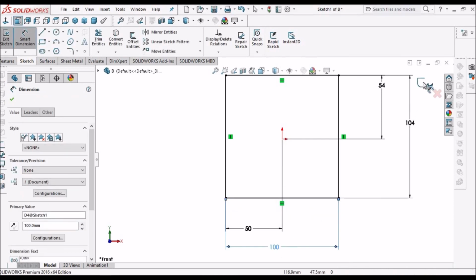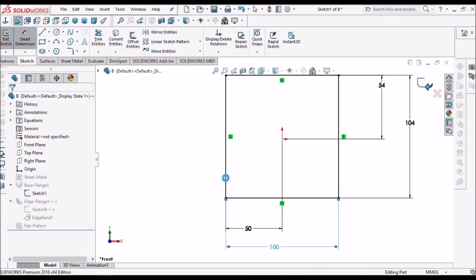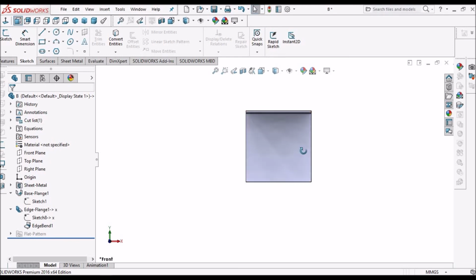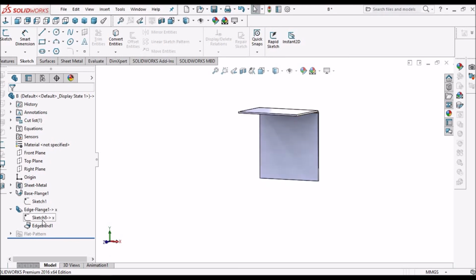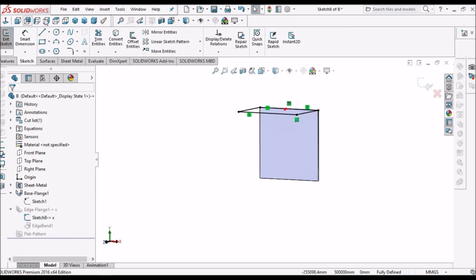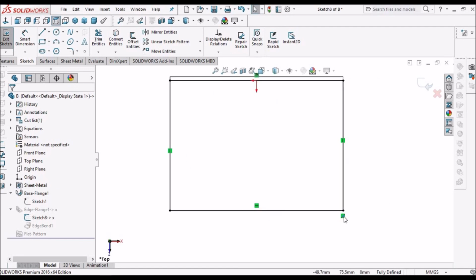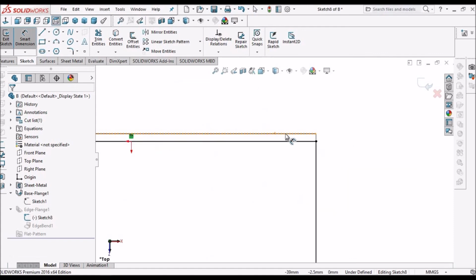We can give auto dimension also. So this is defined now. In the same way we have to go for the other sketch of the edge flange. Keep it in top view and remove the coincidence, and we have to give it from the outer edge.